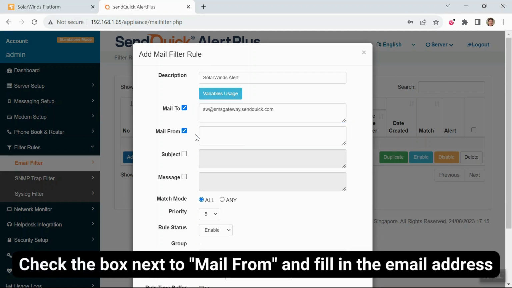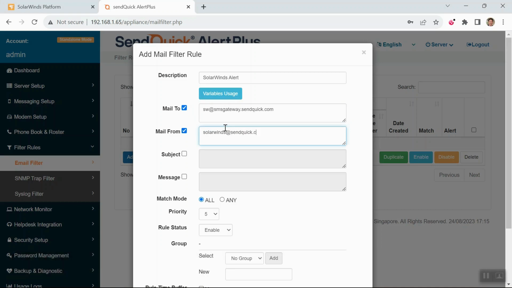Check on the mail from box and fill in the email address. Later in SolarWinds, we will configure the same email address as the sender email in order to match this rule. Similarly, you can add other conditions such as the subject and the message content of the email to further define